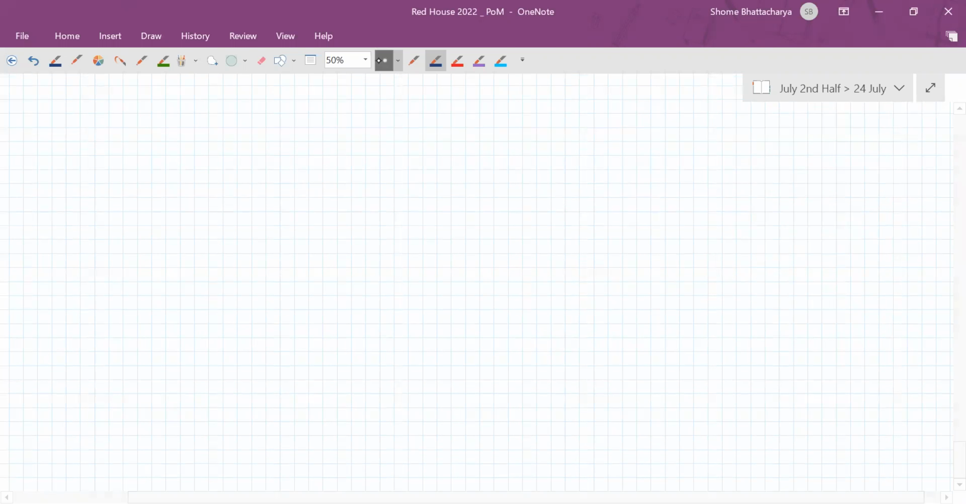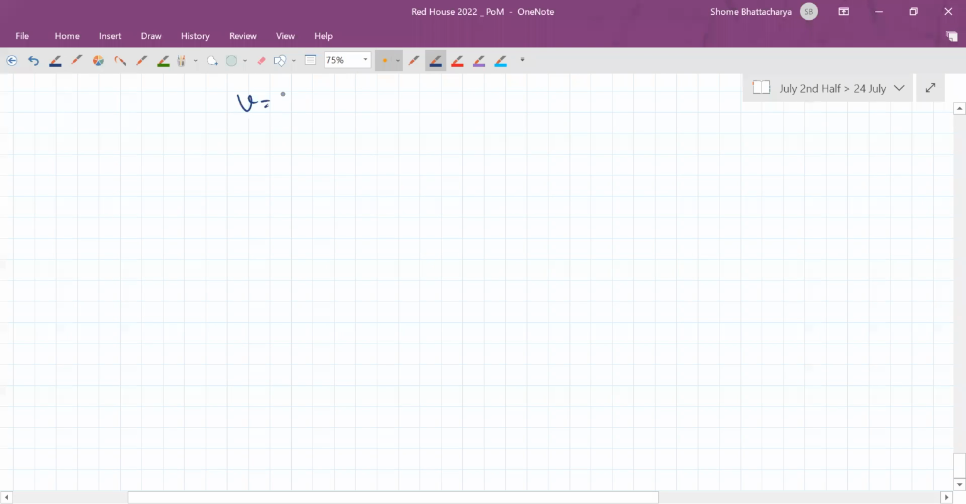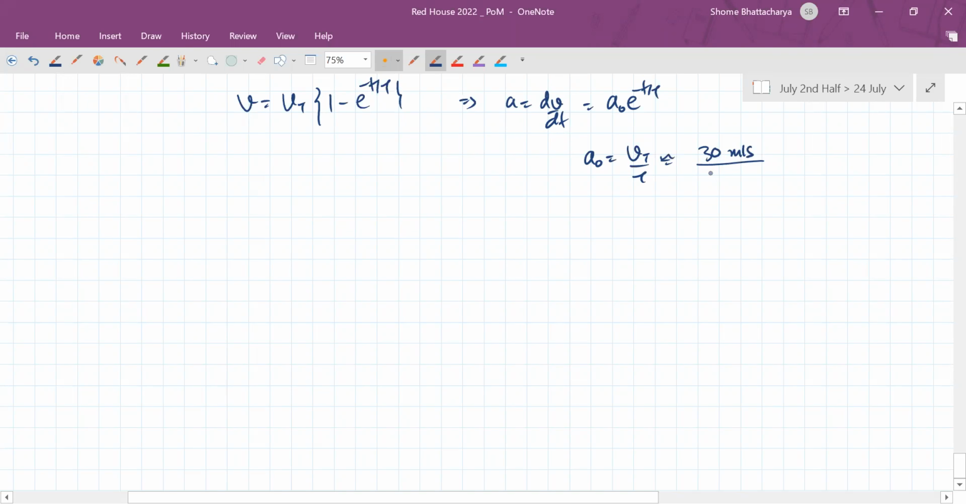Okay, so we've got this time constant and all this. Now you can see that the velocity is terminal velocity times 1 minus e raised to the power minus t by tau. So the acceleration is going to come by differentiation to be of this type, where you can see that the value of a naught will be the terminal velocity divided by the time constant. So the terminal velocity was 30 meters per second. The time constant was nearly 3 minutes. So I'll take this as,